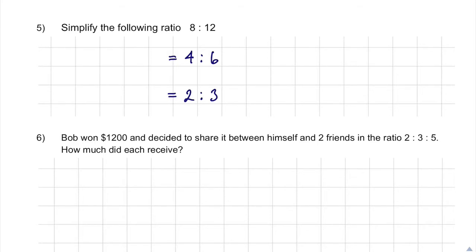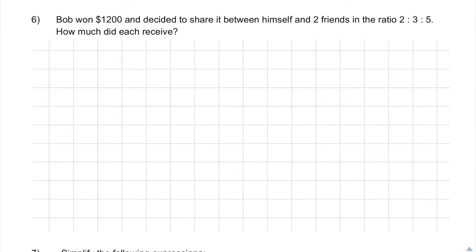In question 6, we know that Bob has won $1,200. He's sharing it between himself and 2 friends, and it's in the ratio 2 to 3 to 5. And how much did each receive? Well, let's take the ratios first of all, and we'll add those together. So 2 plus 3 plus 5, and that gives me a total of 10. In other words, there are 10 parts. We then take the 1,200. We divide that by 10. That will give us